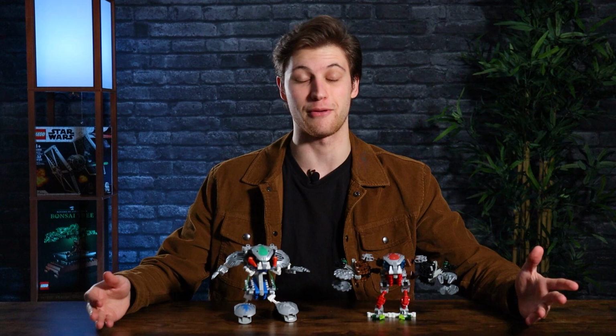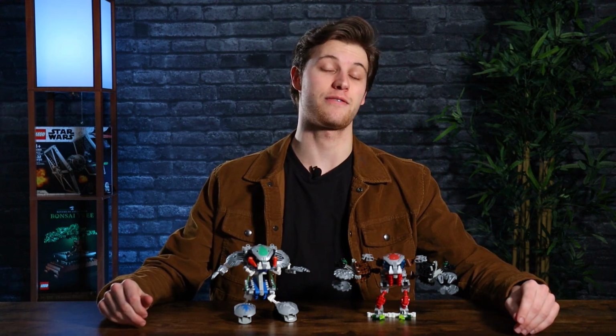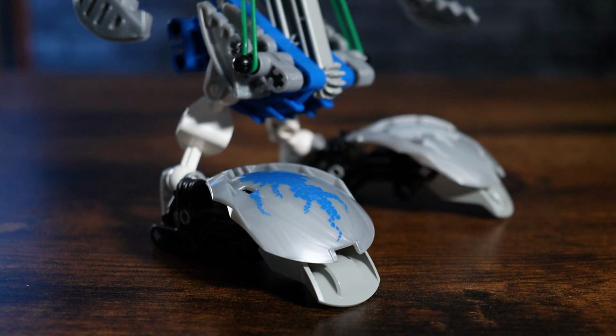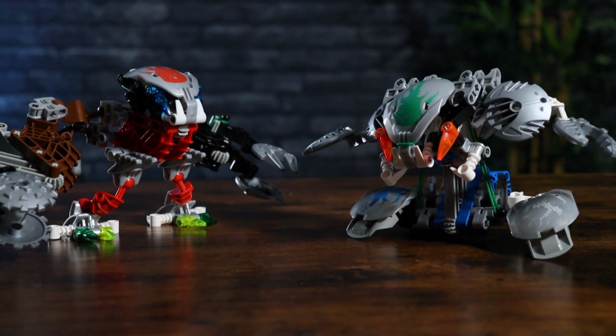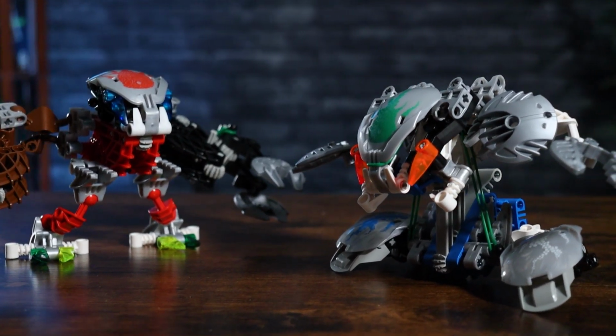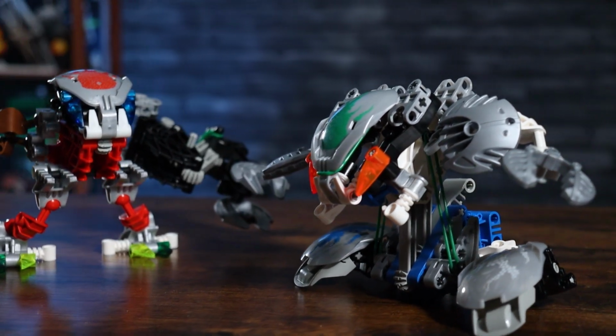I'm fine with it being just like a one-shot thing, because it's pretty freaking powerful. I mean, he launches in with a lot of force, a ton of new building techniques, things I didn't expect. Really a big surprise, and a really pleasant one at that, because I was really afraid that these were gonna be just repeats and that this set would be getting probably the lowest score ever, but no, these redeemed it